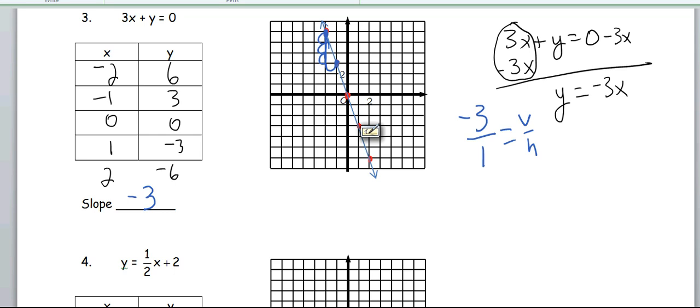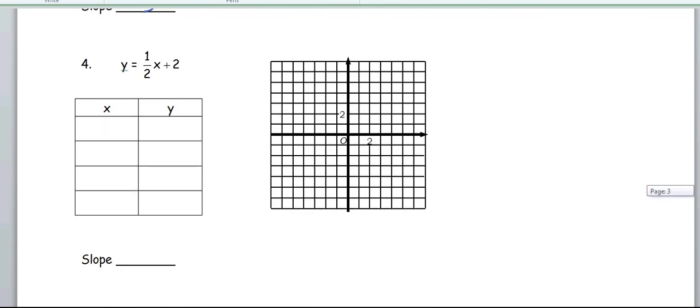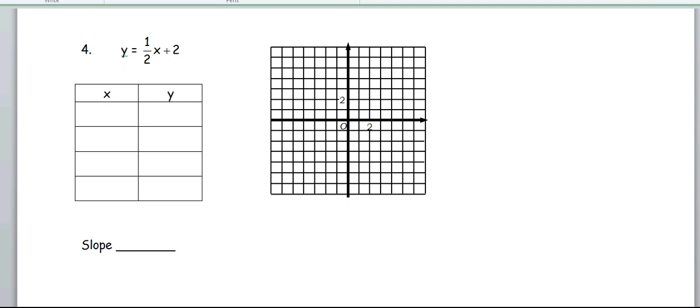Okay. Now let's go ahead and go to your calculators for number 4, and you're going to put in 1/2 x, and to put in the 1/2, remember it's 1 divided by 2. A fraction is simply a division problem. 1/2 x plus 2, and then I want you to fill in the values. I'm going to use black ink here for negative 2, negative 1, 0, 1, and 2. And so this would be